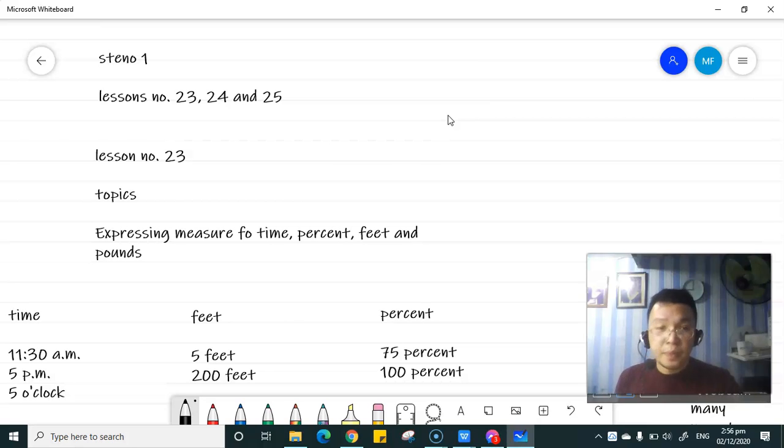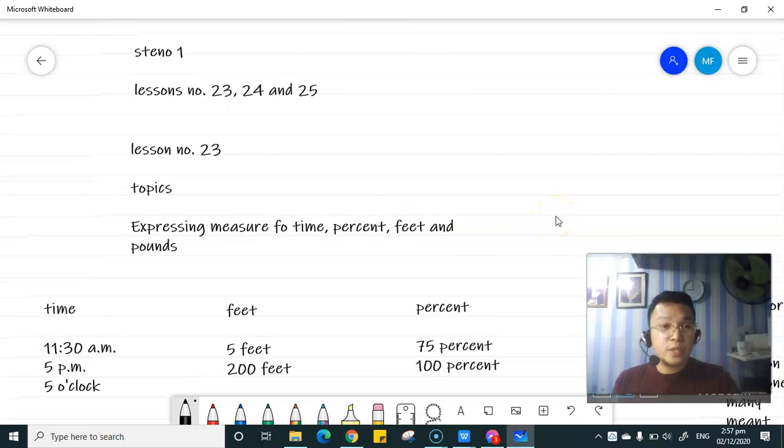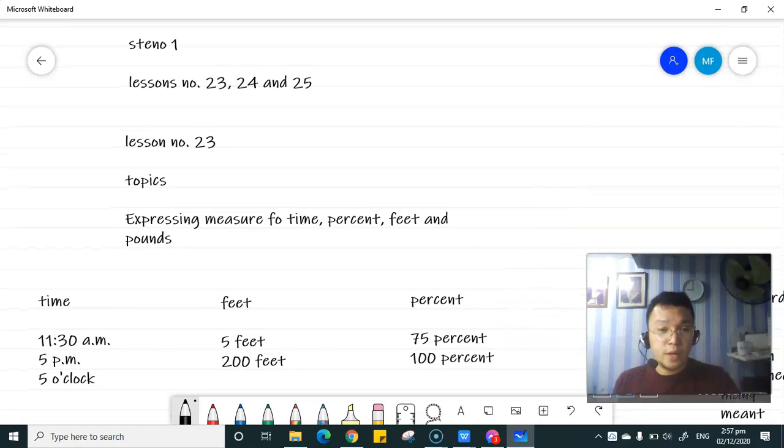Okay? And then last but not the least, we have tackled another set of brief forms and the word ending shall, which is represented by a joined ish symbol such as in special, and then of course the sounds of oi, which is represented by a combination of O and E symbol. Okay, so far that's the end of lessons number 20, 21, and 22. Now we are going to proceed with lessons number 23, 24, and 25.